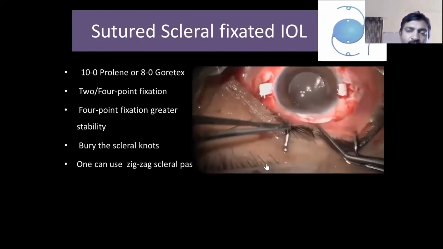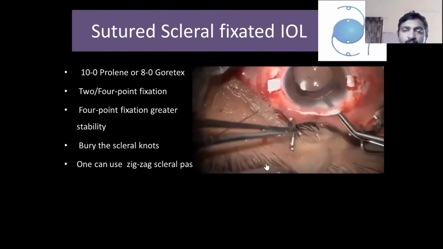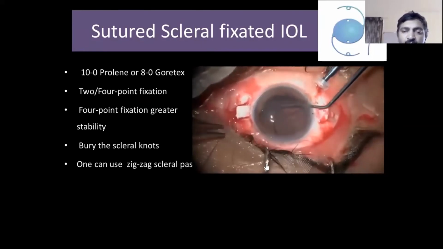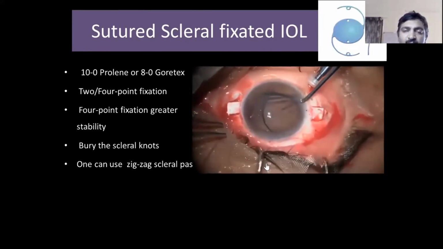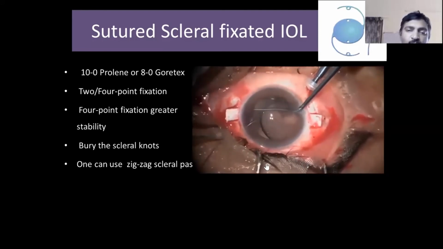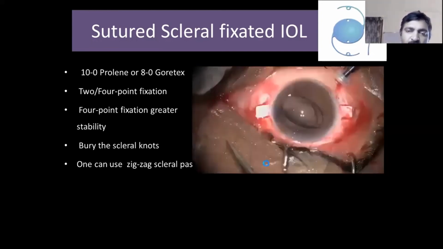can cause decentration of the globe, and even the tightening procedure may cause some complications. So keep the volume of the eye by maintaining a pars plana infusion, so that the suture tightening will be easier and centration also will be easier. Make sure there is no entangling of the sutures. Once you have placed that, pull both the sutures and tie the knot and bury the knot under the scleral